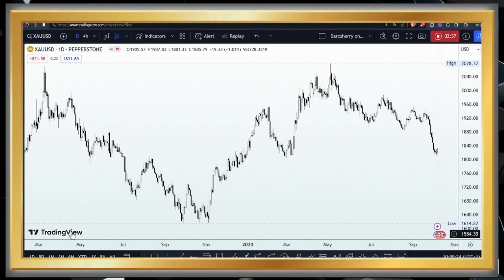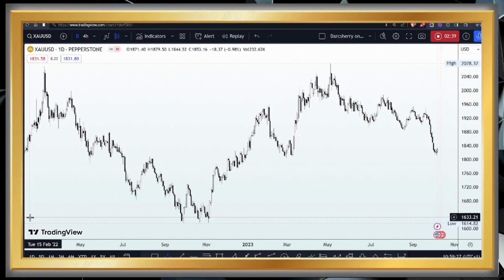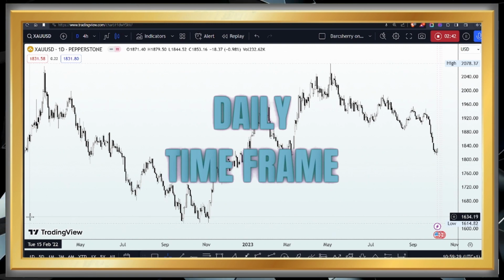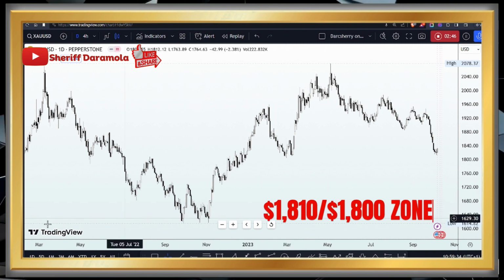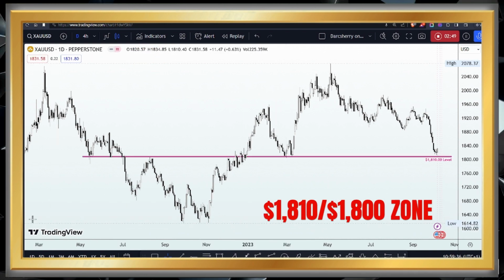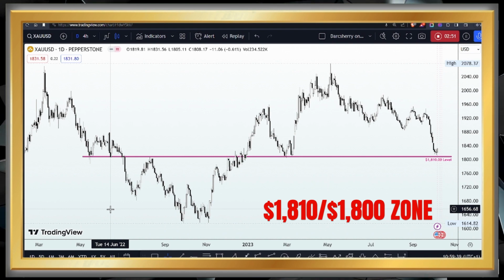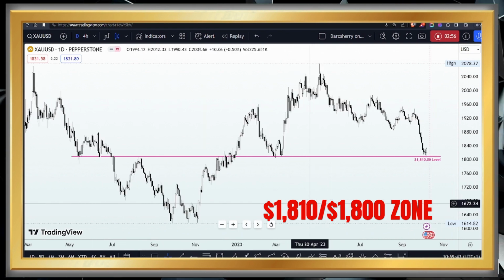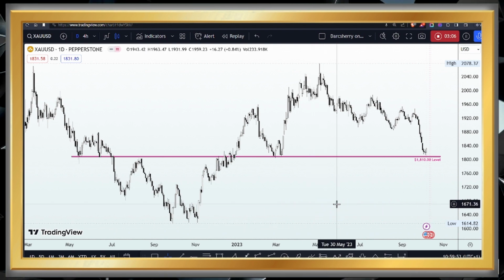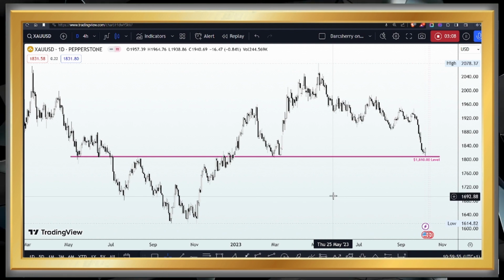Expanding upon our technical analysis from last week's session, a pivotal focal point on the daily time frame emerges around that 1810-1800 zone. Now, our next step here involves zooming into the lower time frame to discern the recent reaction of market participants within this critical structure in recent times. Now, before I scale down, I would like to emphasize the importance of this key level for this week, that